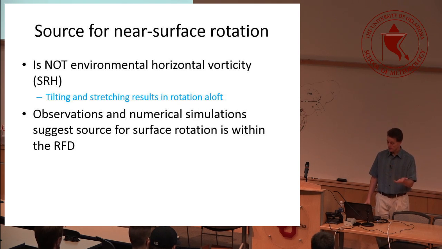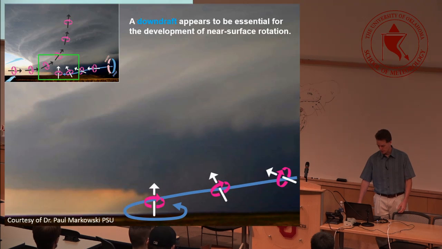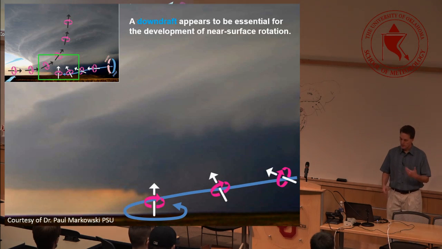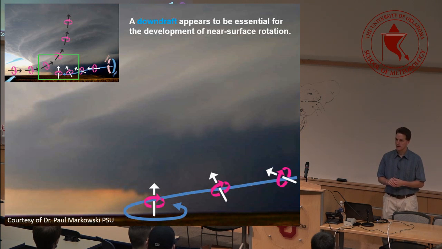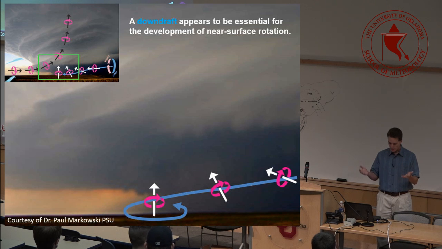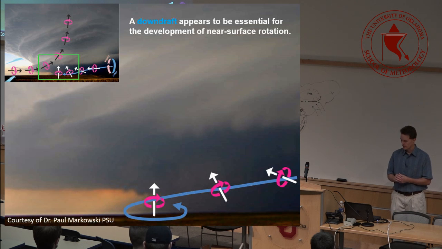So we've got to either reorient vorticity and have buoyancy, or some combination of those things if you want a reproducible tornado setup. Okay, so these graphics are courtesy of Paul Markowski from Penn State. It's as good as anything I can find out there as far as trying to illustrate the process. And this is probably the most complicated part of the supercell tornadogenesis process, the reorientation of vorticity into the